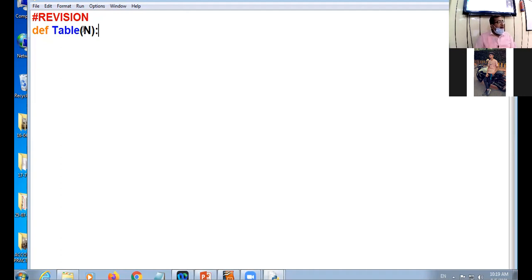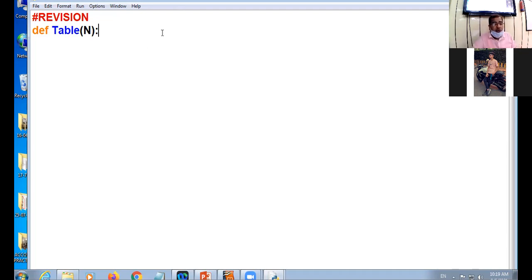What does the function header include? The keyword def, the name of the function, and parameters inside the brackets. It may or may not have parameters.